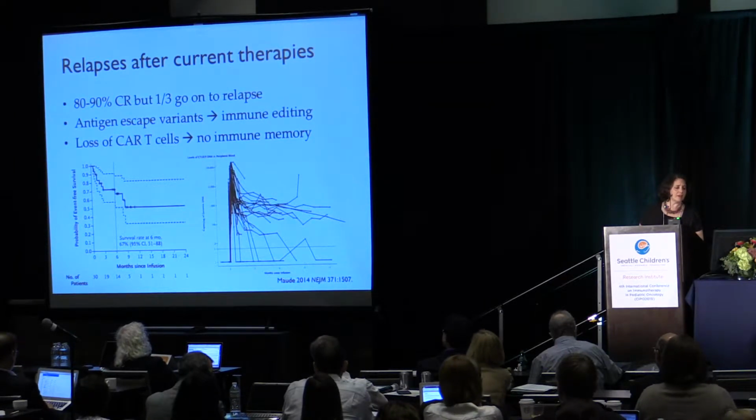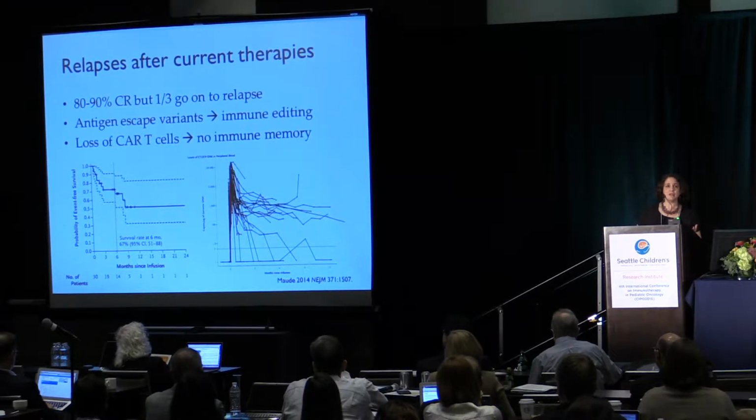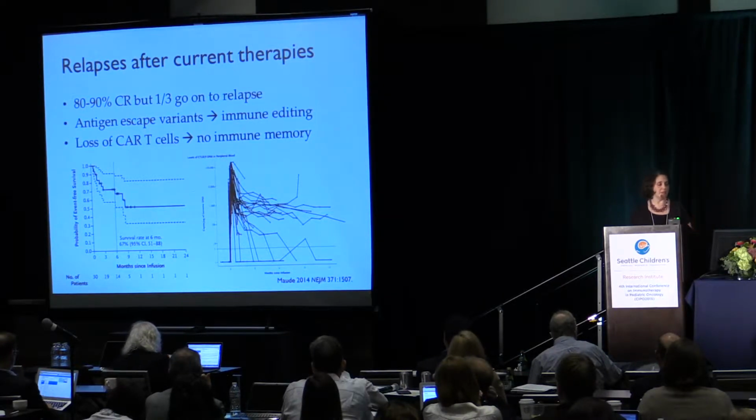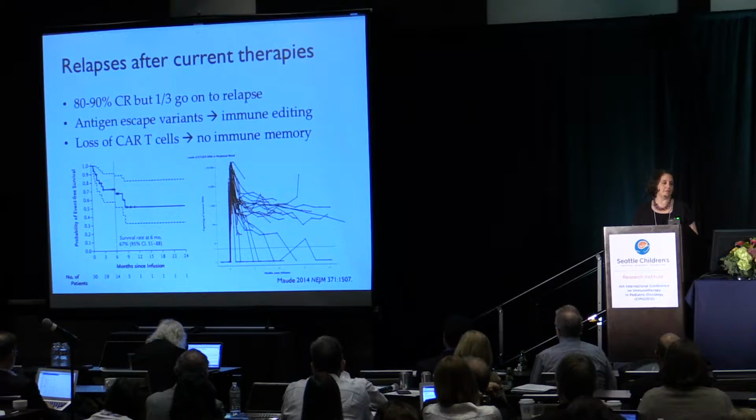There are two main mechanisms by which the leukemia escapes from the CAR T cells and other immunotherapies. The first is development of antigen escape variants, which we heard about earlier today, which is evidence of immune editing by the CAR T cells. The second primary modality is lack of persistence or loss of CAR T cell expression. It's not surprising to this audience that the immune effect of a CAR T cell is not going to generate